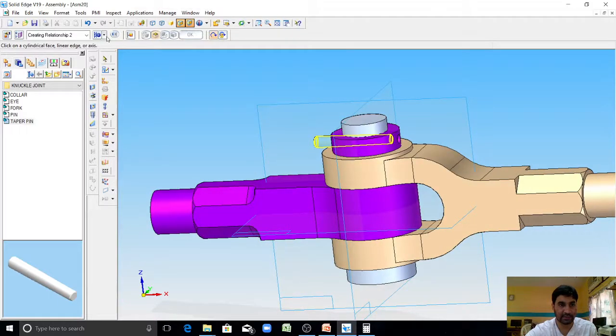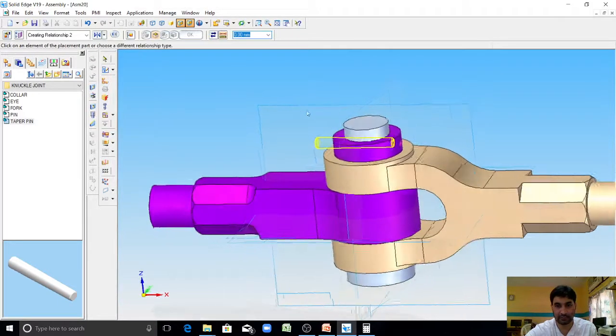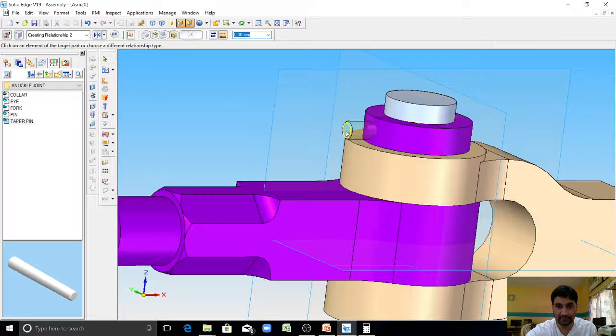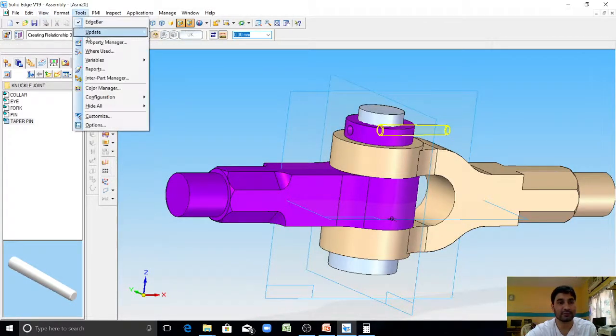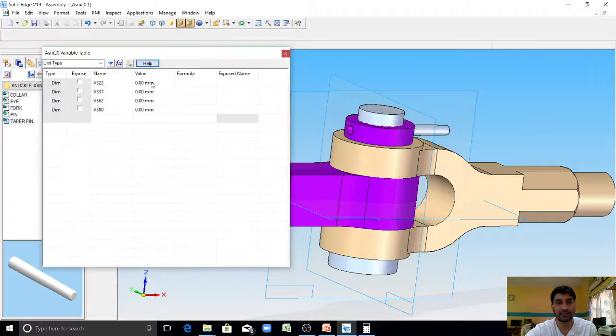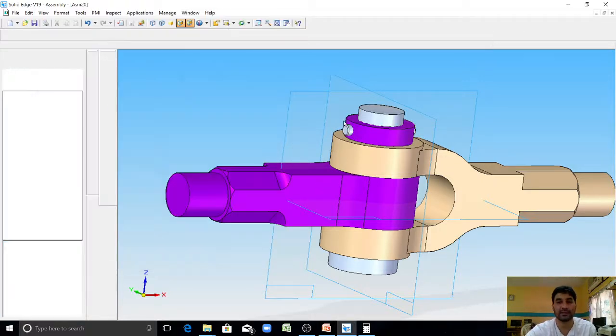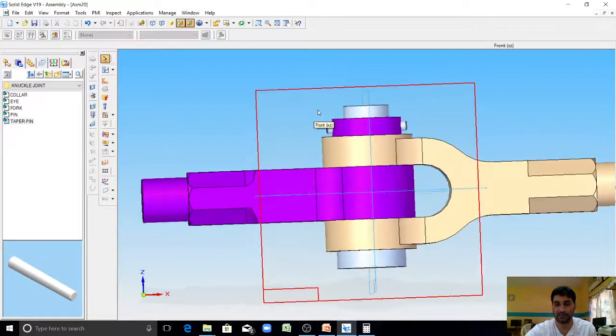Now using mate option, mate this surface with this center plane, and using the tools variable option, mention this length as -22, which is the center of the key. You can see it has come to the center now.